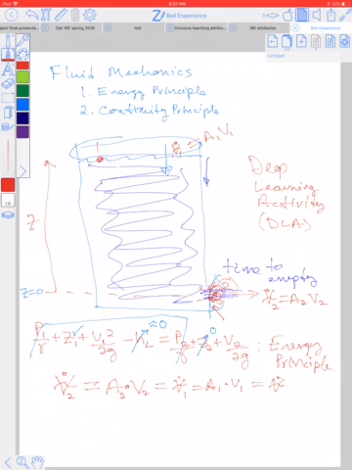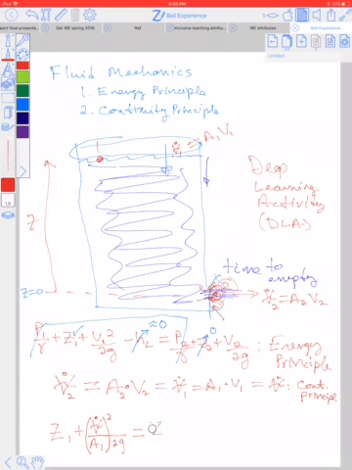So I'm going to rewrite the energy equation as the height at 1 that we can measure, plus the volumetric flow rate over the area at 1, that's velocity, squared over 2g, equals